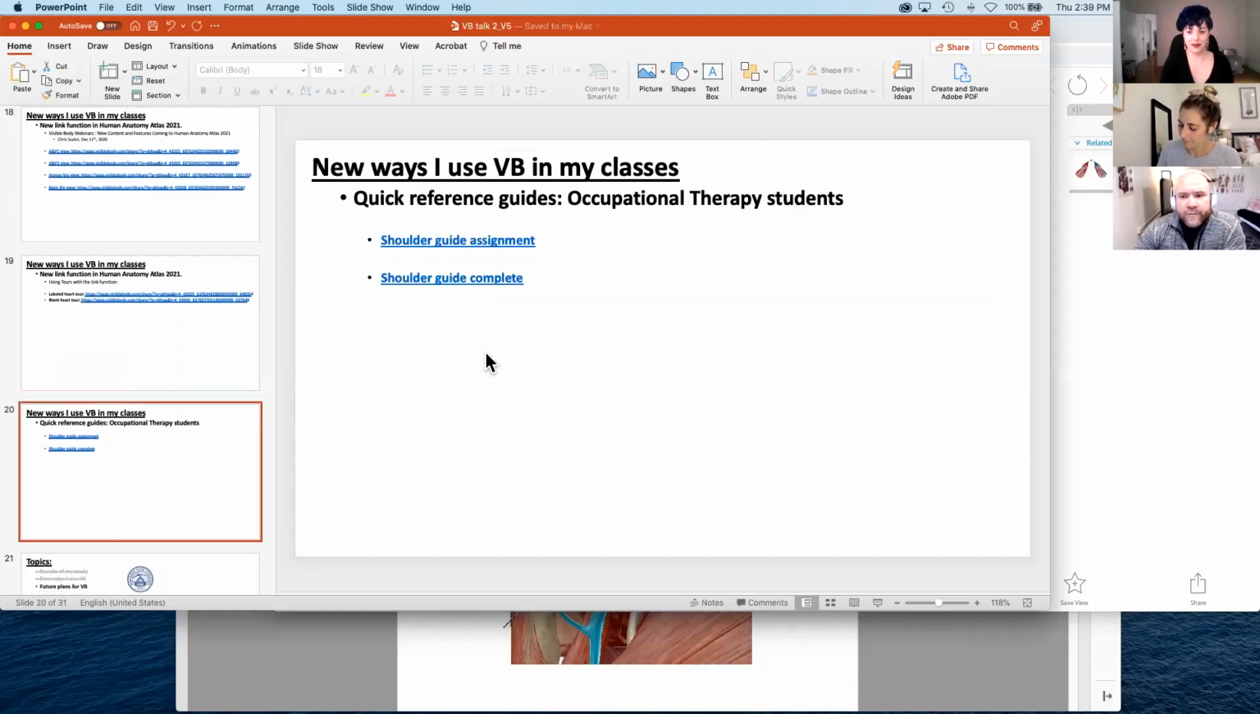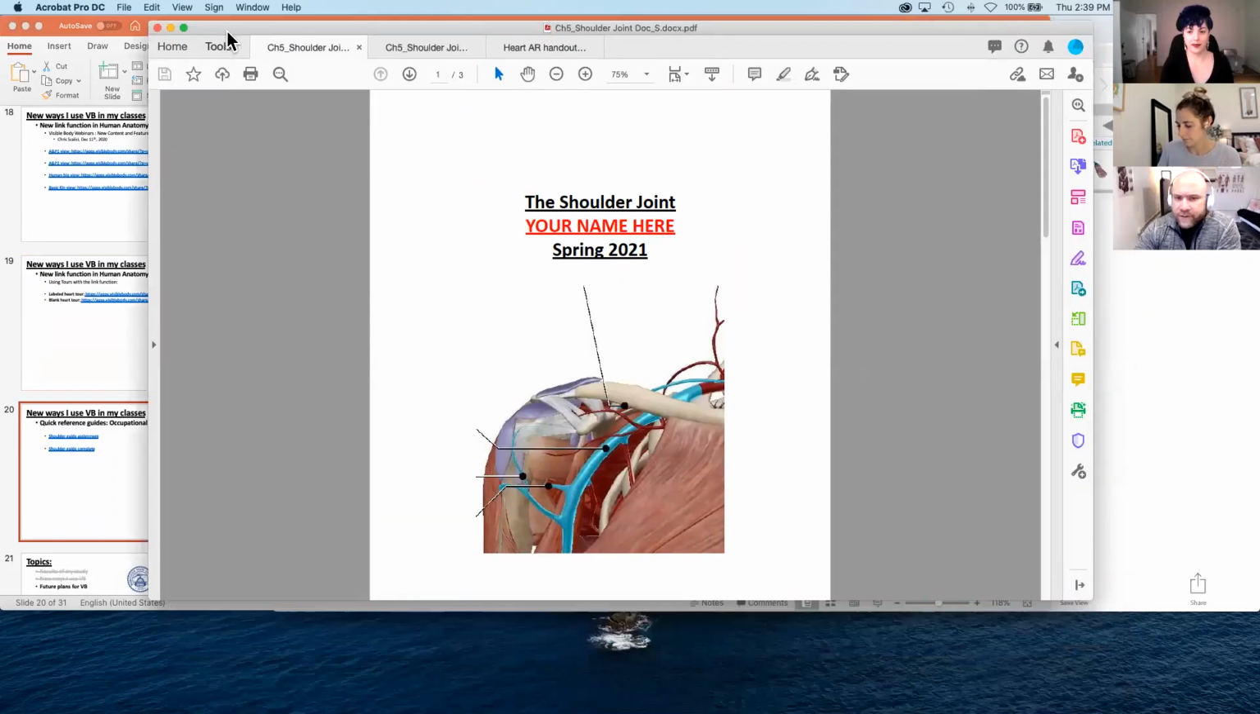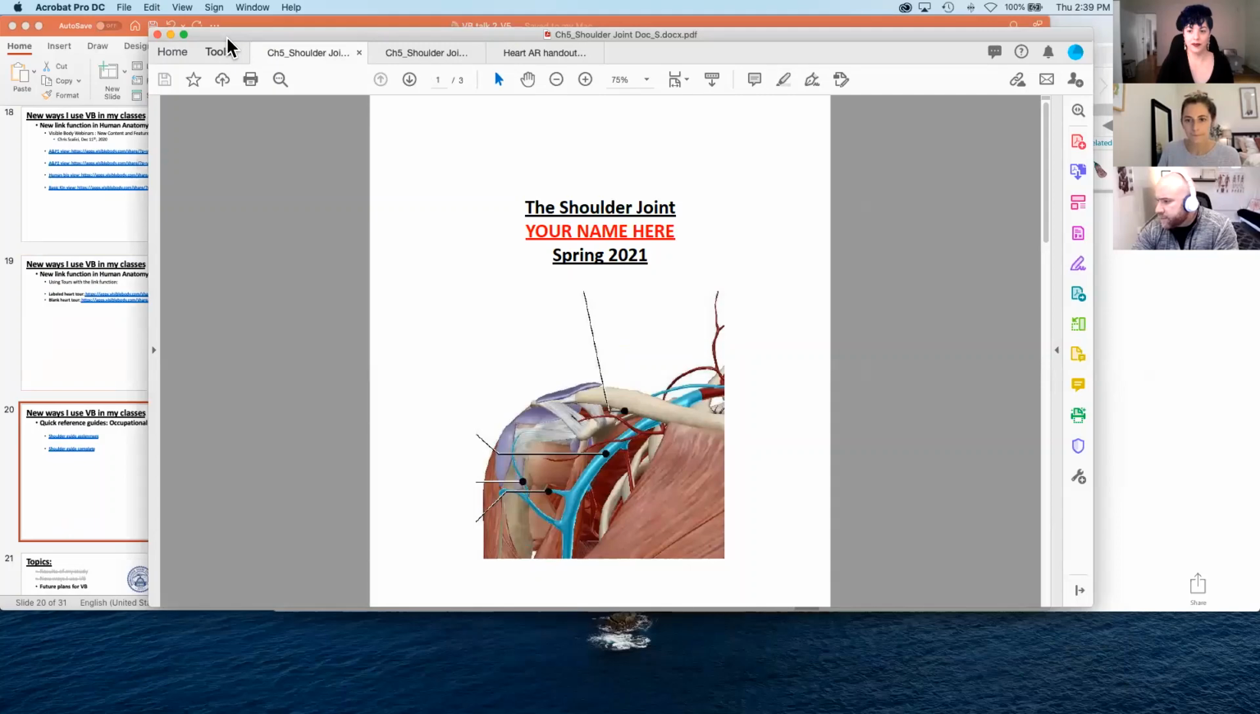Now, I've also been using what I call these quick reference guides for the occupational therapy students. And I'll just show what that looks like. So can you guys see the PDF? All right, so